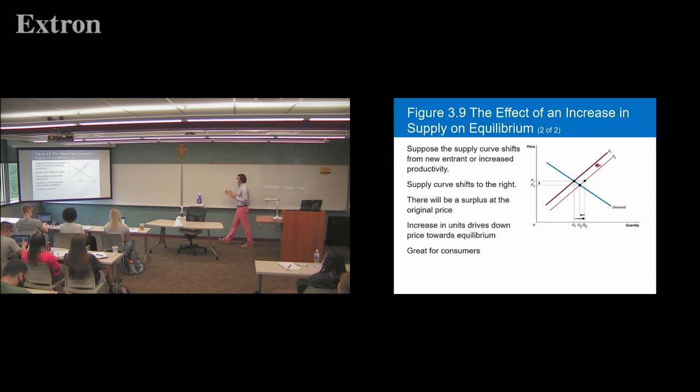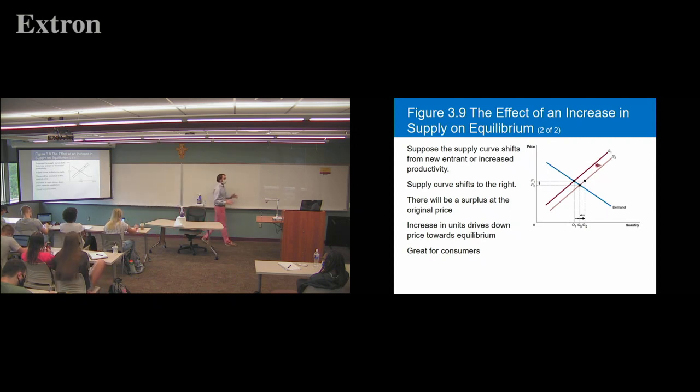So if you look at what actually happens, like the process of when a new firm enters, initially we're selling at P1. Then a new entrant enters the market, and they begin selling, in this case, smartwatches. At this new price, there's going to be a surplus. The quantity actually being supplied by producers is going to be Q2. It's going to be higher than equilibrium. So what these extra units are going to do is drive down the price. We're going to move along the supply curve, back down to the equilibrium price.